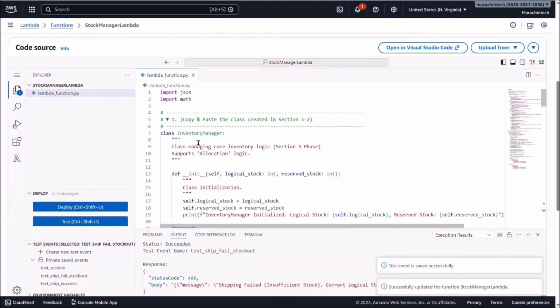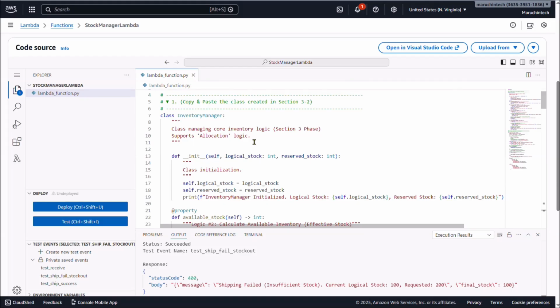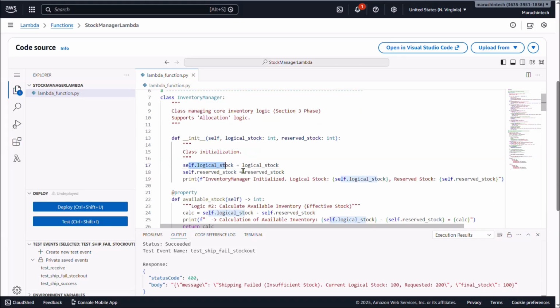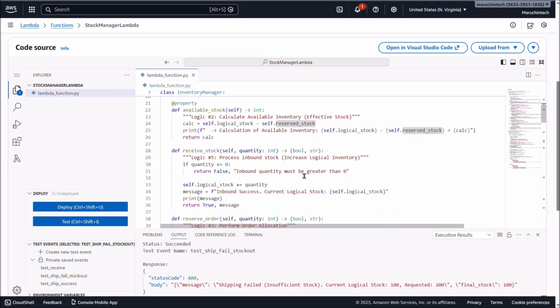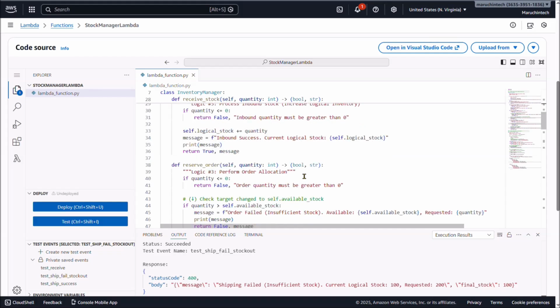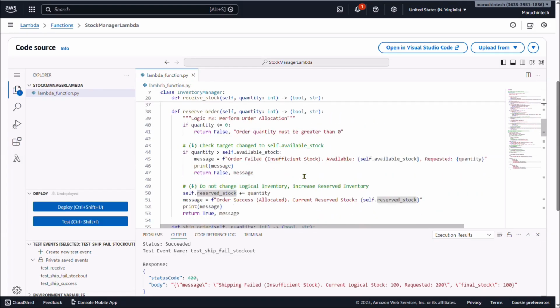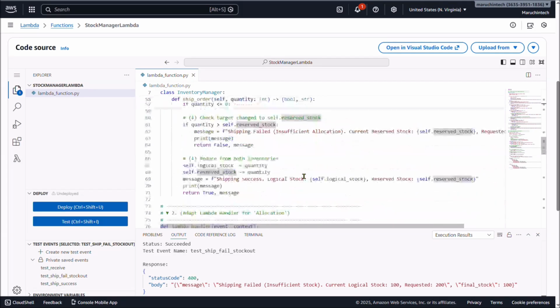you will find the inventory manager class explained in the lecture, and this is the version we update in section 3. And we have added a new variable, the reserved stock, alongside the logical stock. As I explained earlier, the calculations for the available stock and the received order are written here, and scrolling down a bit to the